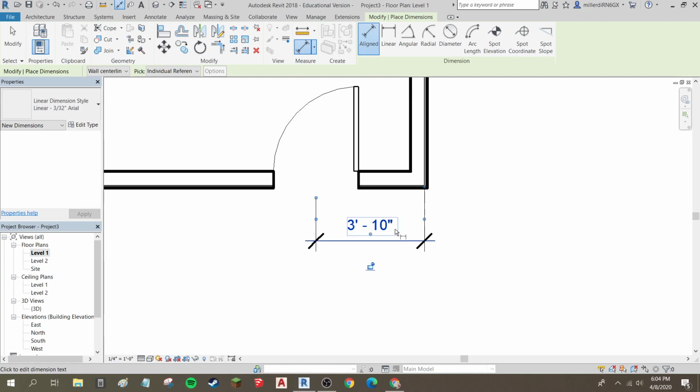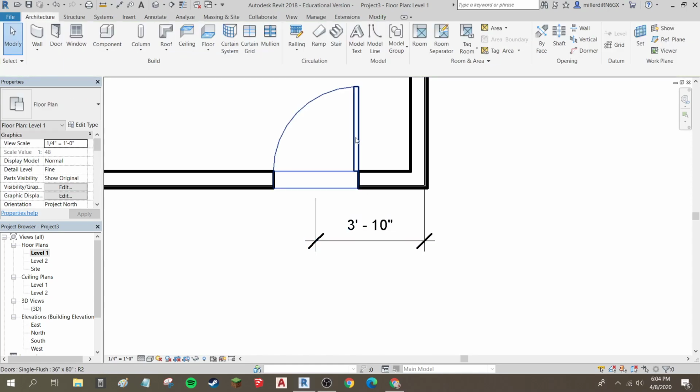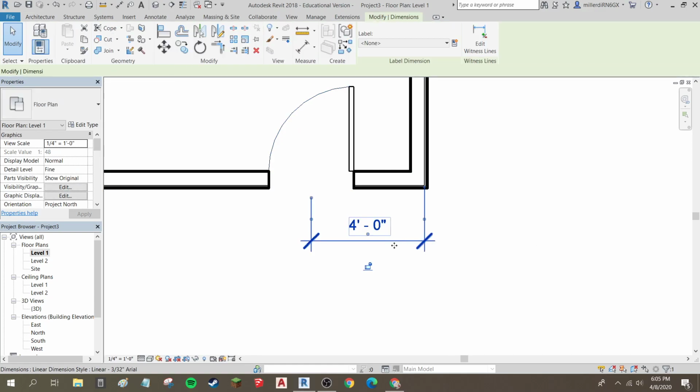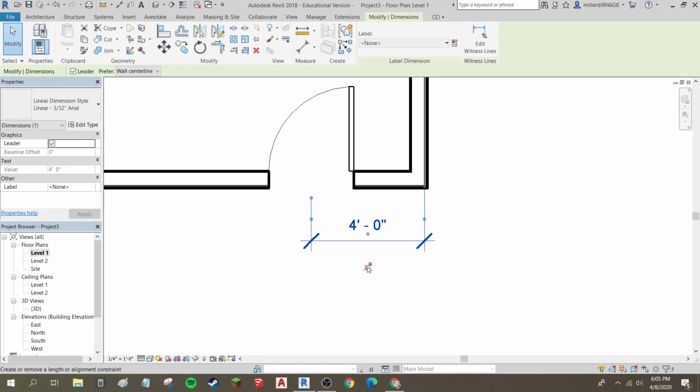We'll notice that I want it to be 4 feet, but it's 3'10", and so I can just click on the door, and my dimension then became editable, and I can change it to 4 feet,